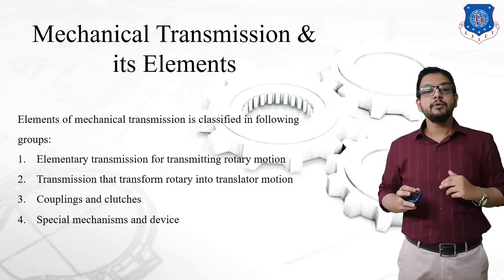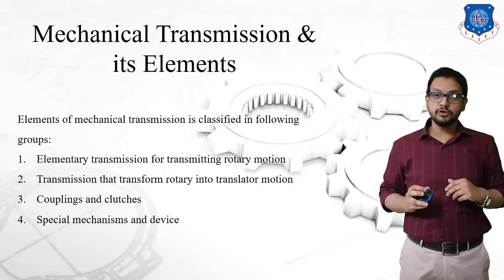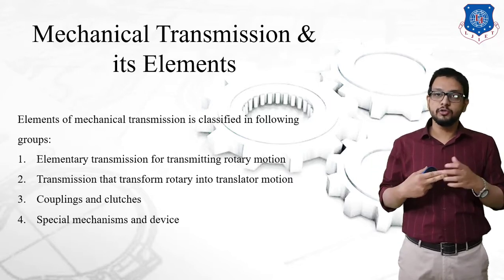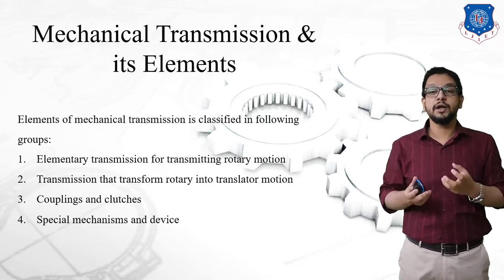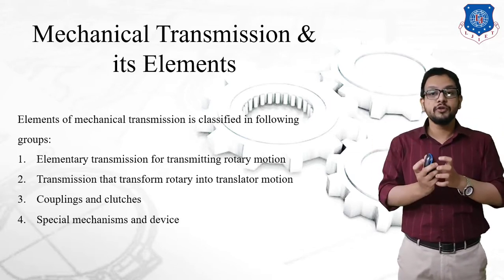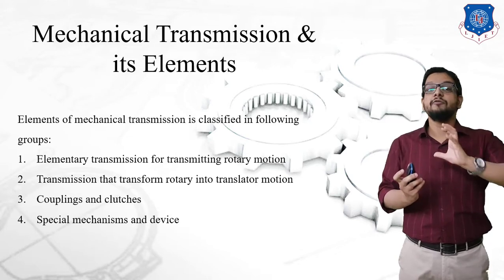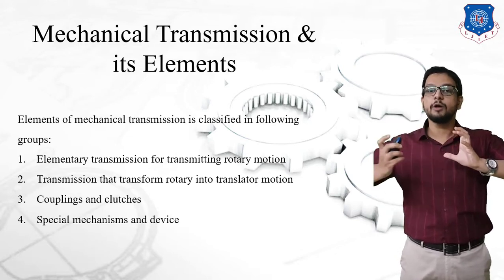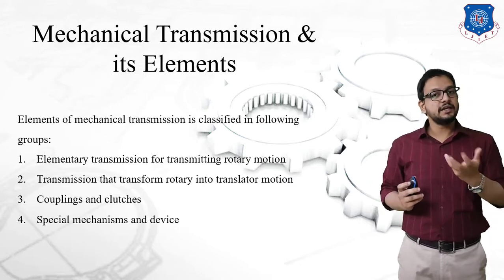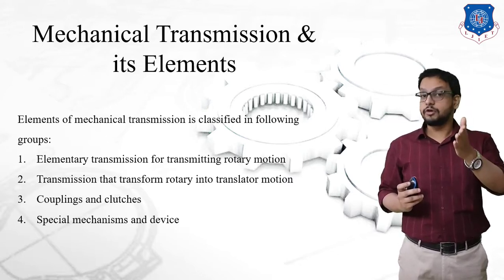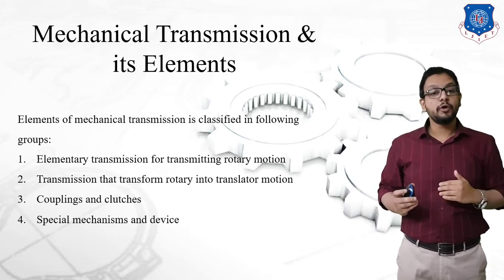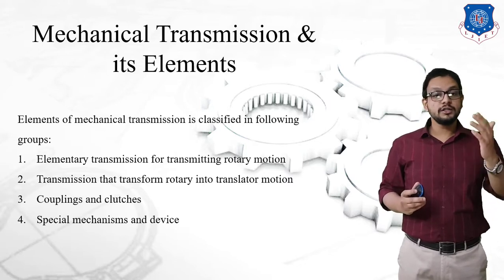Okay. Third type, couplings and clutches. You know, the purpose of a coupling is to connect two shafts. Okay, and a clutch is to provide variable speed. That is, it is going to provide flexibility to engage and disengage two shafts without stopping the driving shaft. Okay, the driven shaft can be stopped without stopping the driving shaft by means of a clutch, which provides engaging and disengaging. Even this is used in our automobiles at the time of shifting gears, if you remember. Okay, next, the fourth point, spatial mechanisms and drives. So all this we are going to see.